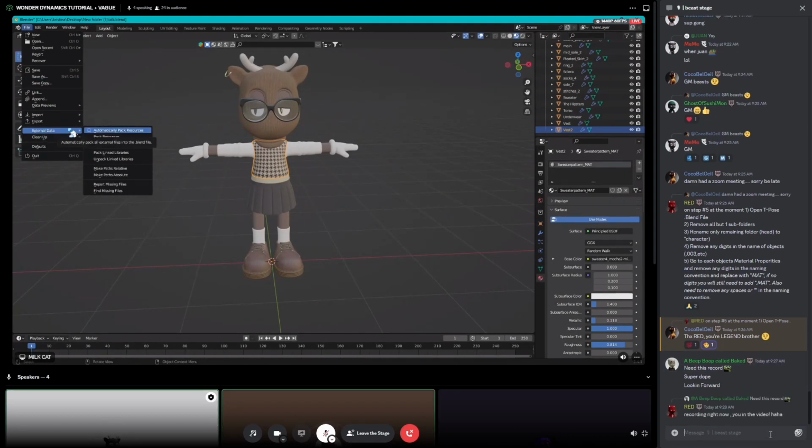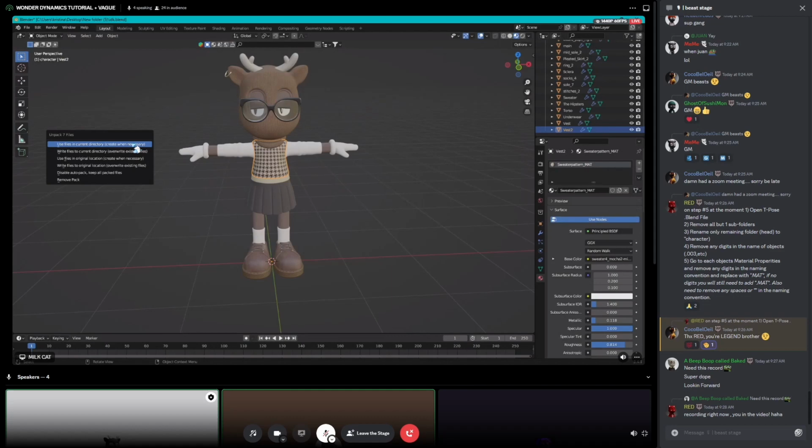You're going to go to File, External Data, and you're going to unpack resources, and you're going to write files to current directory. And in my case, that'll be